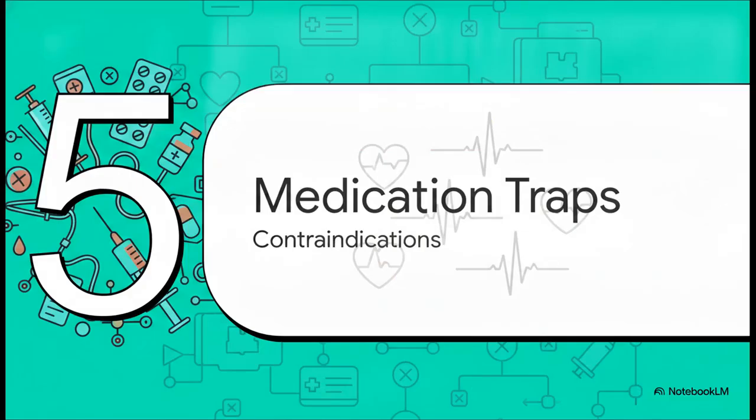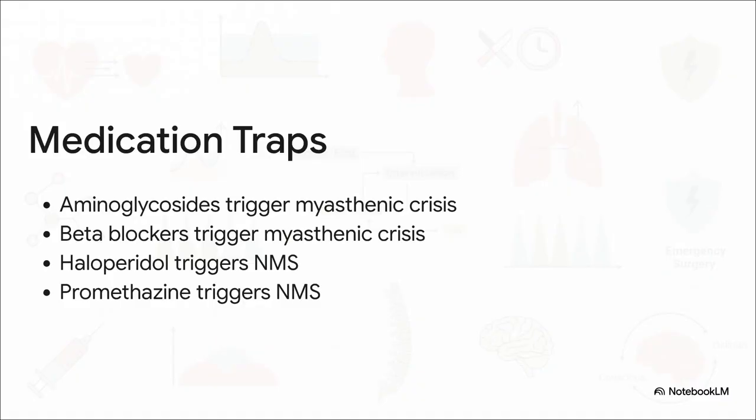Section 5. Specific anesthetic traps. Contraindications. Two big anesthetic contraindications here. Nitrous oxide inactivates vitamin B12. Giving it to a patient with an underlying B12 deficiency will quickly precipitate or worsen severe neurotoxicity. Second, propofol is a profound myocardial depressant. Using standard induction doses in a patient with severely reduced left ventricular systolic dysfunction will induce severe hemodynamic collapse and